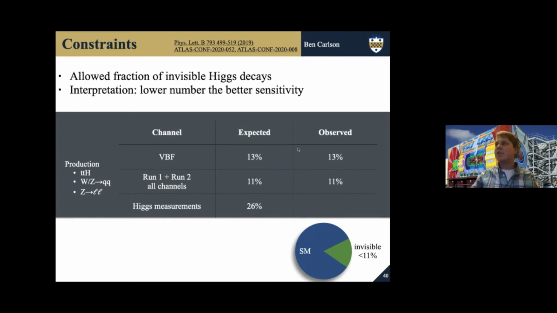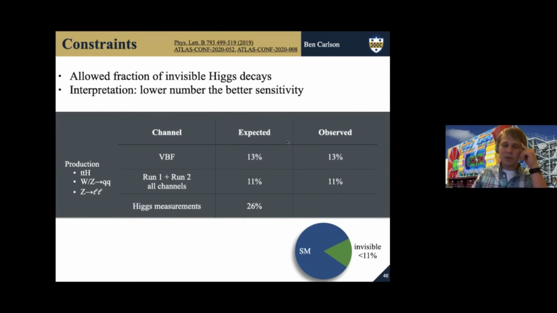This table shows a couple of numbers. For this vector boson fusion channel, based on our expectation from the standard model, we expect to allow up to 13% of invisible decays to be consistent with the data. Then we do the same calculation, including the data, and it turns out these agree. If there were an additional number of events in the data, this number would be higher, which would tell you that you have tension with the standard model and you've found some new physics. But we haven't, so we can say that just based on this one analysis, only up to 13% of Higgs